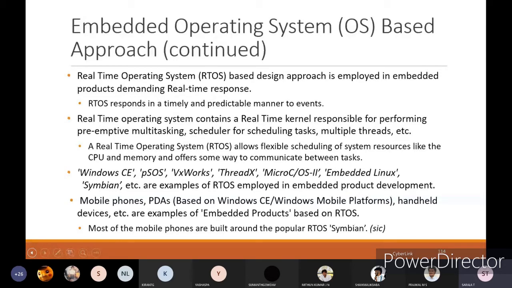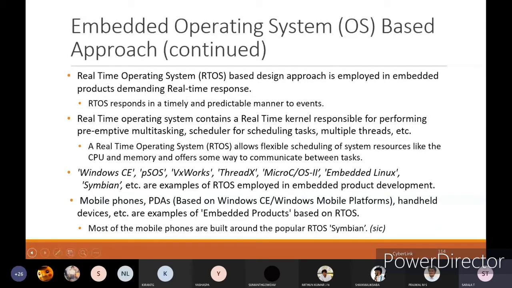An RTOS responds in a timely and predictable manner to events, and contains a real-time kernel responsible for performing preemptive multitasking, a scheduler for scheduling tasks, multiple threads, etc. A real-time operating system allows flexible scheduling of system resources like CPU and memory, and offers some way to communicate between the tasks.